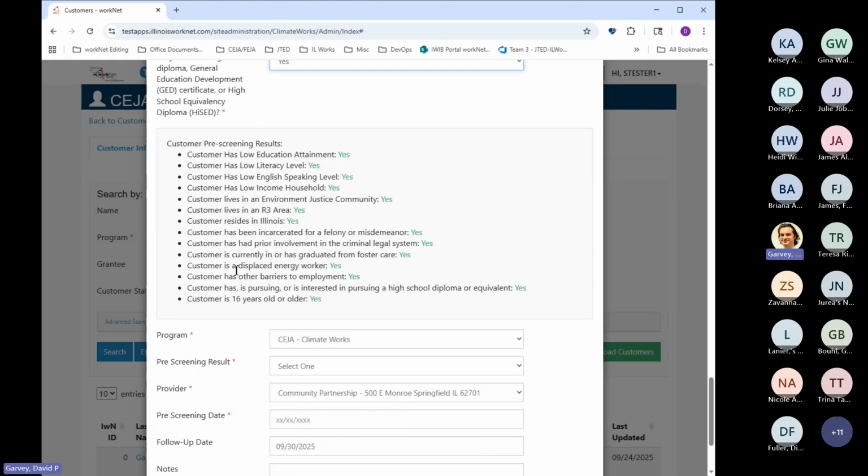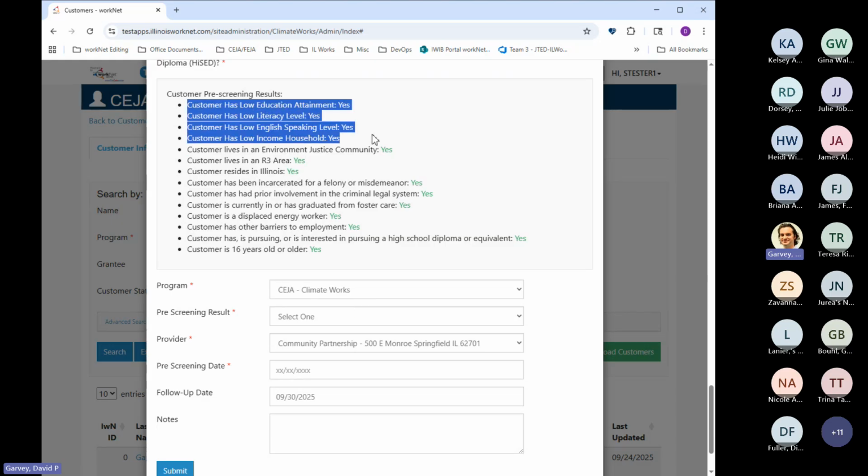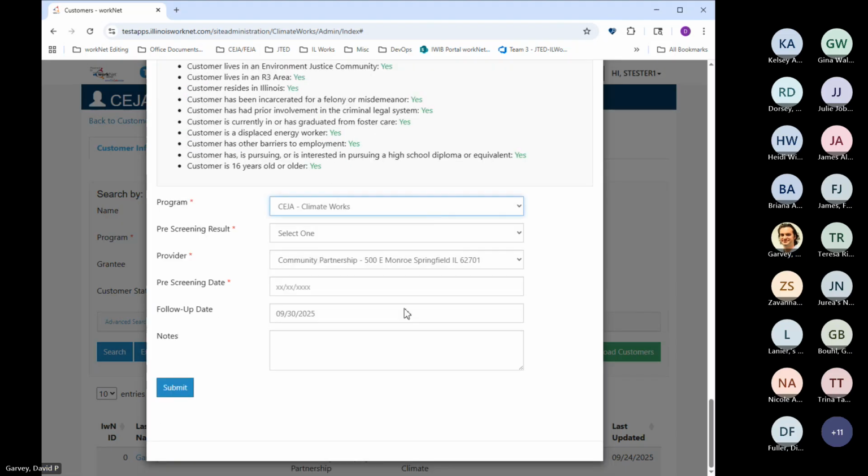And when we scroll down into our program area, we can see customer pre-screening results. These 4 are the new ones that have been added for the CEJA programs. And we'll also have them as options in the program selection dropdown as well.